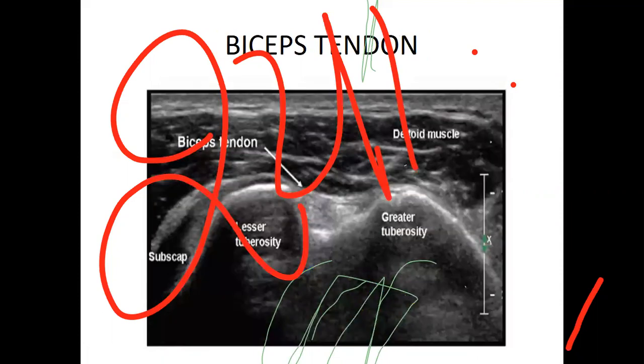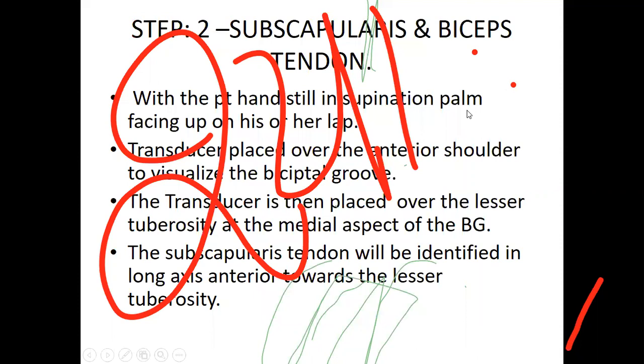Okay. When you look at the bicipital groove, again, you are going to appreciate, sorry, step 2, you are going to find that this, oh, sorry. Okay. So